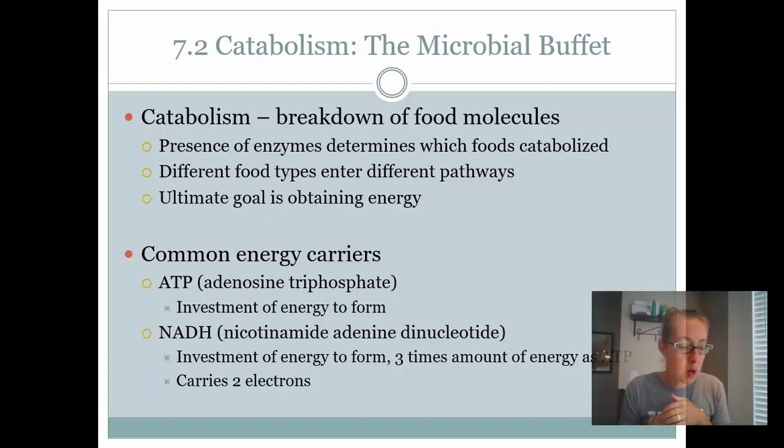There's also another one that we will address later. Your textbook doesn't talk about it at this point, but NADPH is another one that is an electron carrier. So electron carriers, we are just going to use their acronym. I don't really care that you know that it's nicotinamide adenine dinucleotide. It's a whole mouthful, and its name doesn't give you a clue as to its structure. So we're just going to shorten it from here on out. We're going to call it NAD, which is the low energy form, and NADH, which is the high energy form